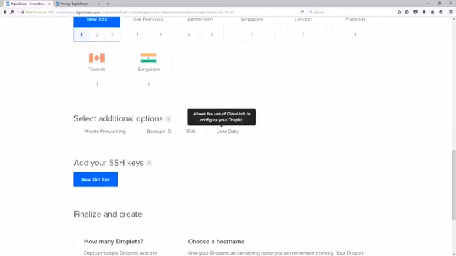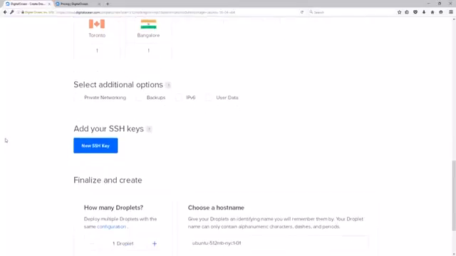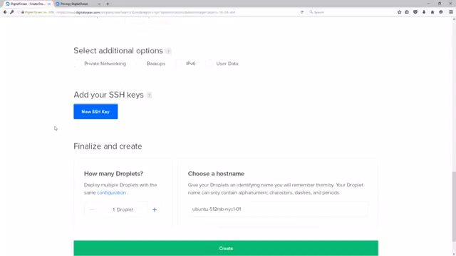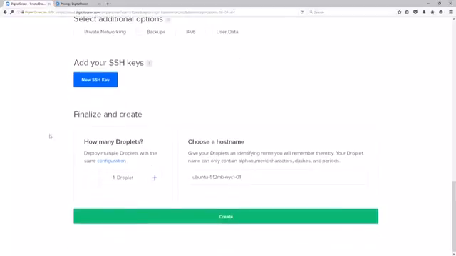Now, these other features you don't really need. If you're going to test and play around with this, or if you're going to use it as a web server, you might want backups, so it does add a little bit of cost. But I mostly use these for experimentation and staging sites. I also skipped the add your SSH keys, and we're just going to make this simple. We're going to create one droplet, and I'm going to use the default host name that they give me. So now that we have all of that figured out, we hit the create button,